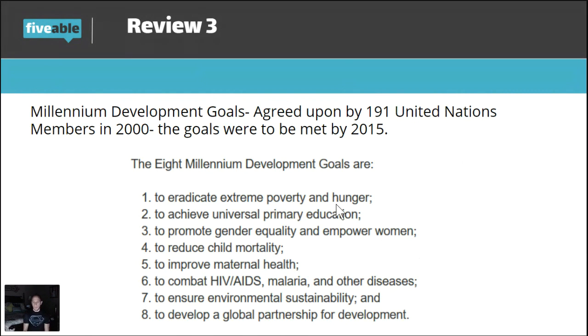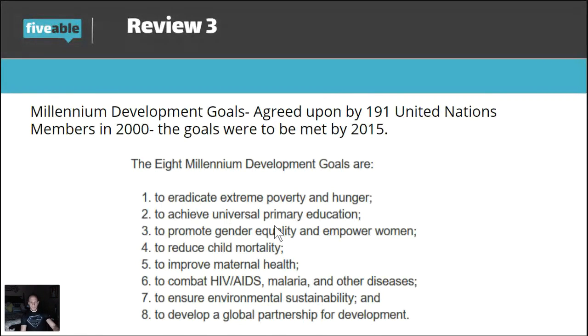HIV and AIDS and malaria and other diseases that mainly ravage the poorest places on earth, we want to alleviate that, eradicate it altogether. Number 7, ensure environmental sustainability, which is pretty vague. And at the time, I don't really know if we had a plan for that. You know, we start hearing DiCaprio and what's his face, Dick Cheney talking about global warming, but back then everyone's like, oh, we don't care about that, whatever. But today it may be a little bit different.